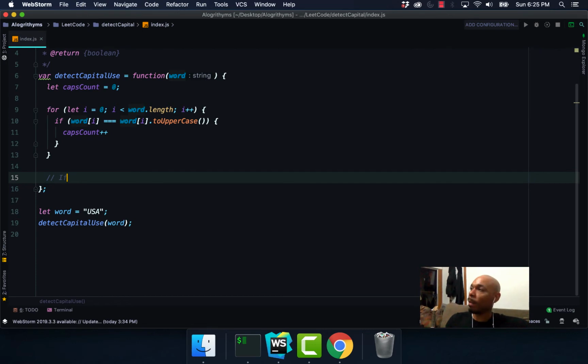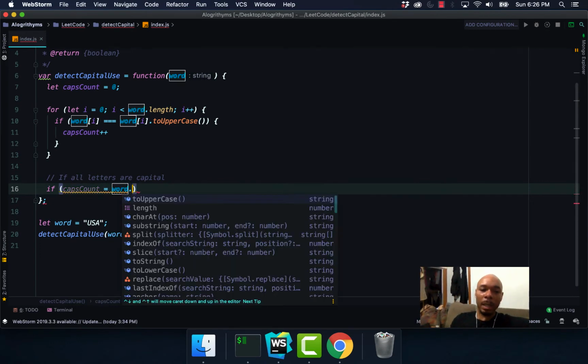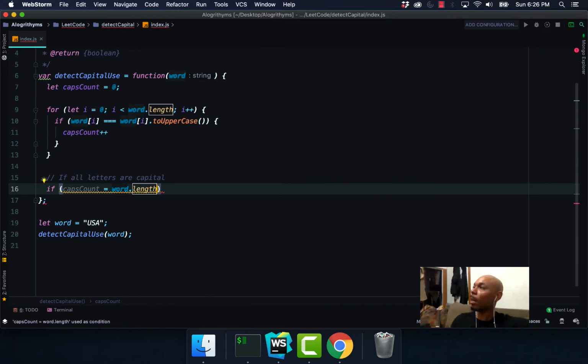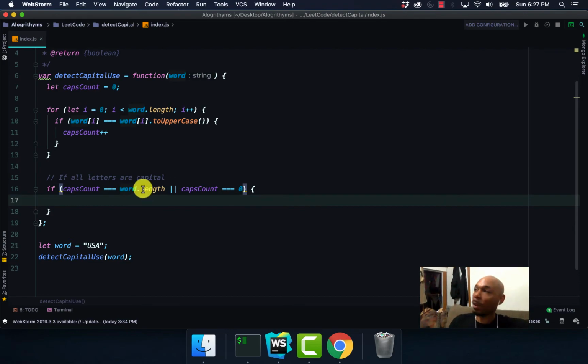First condition is if all letters are capital. So if our capsCount is equal to the word.length, or capsCount is equal to 0, which means it could be all lowercase, then we know that we're going to